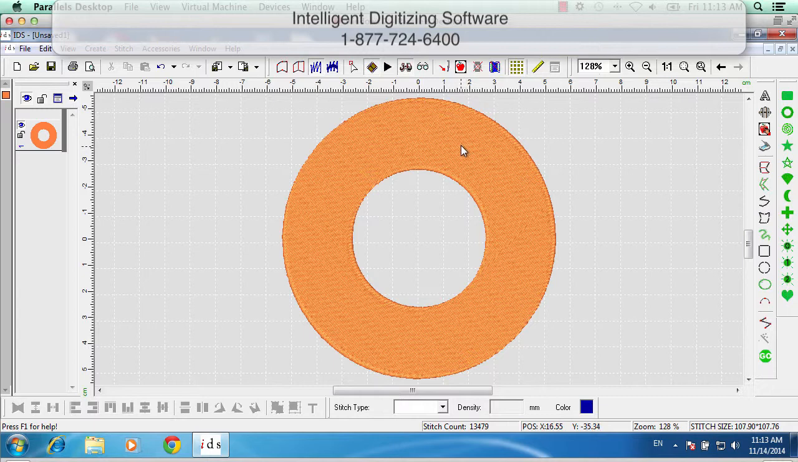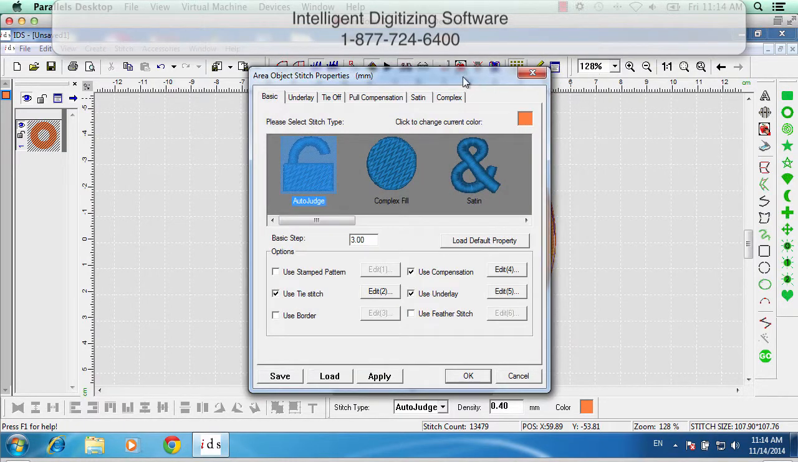This area is actually pretty big. It's about 4 inches by 4 inches. So what I'm going to do is right-click on the area. When you right-click on the area, it is selecting it, and now I can go and change the stitch settings. To change the stitch settings, I will hit the Property Settings button at the top, left-click,